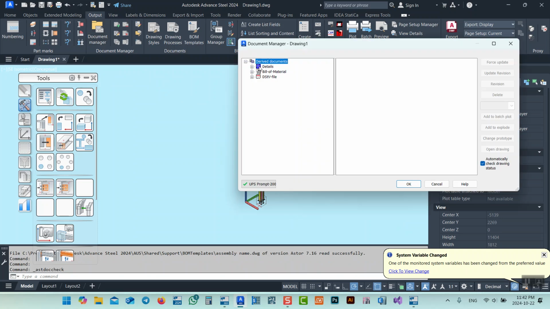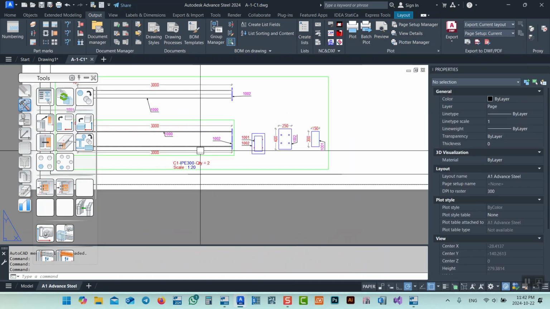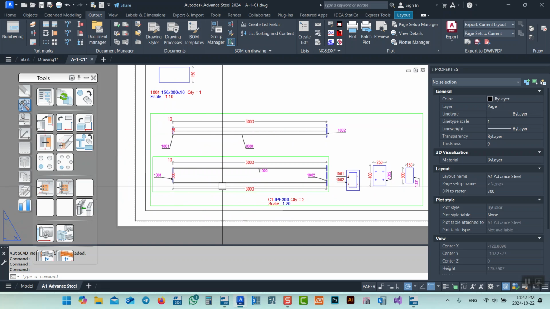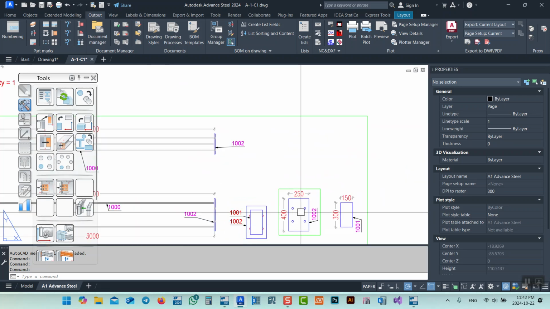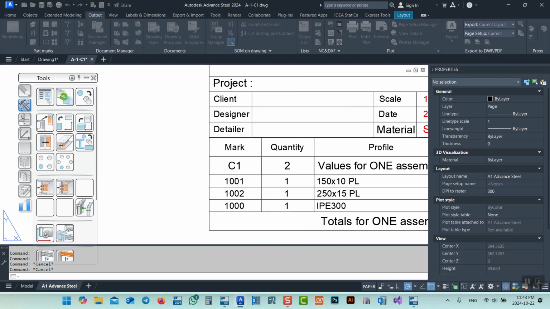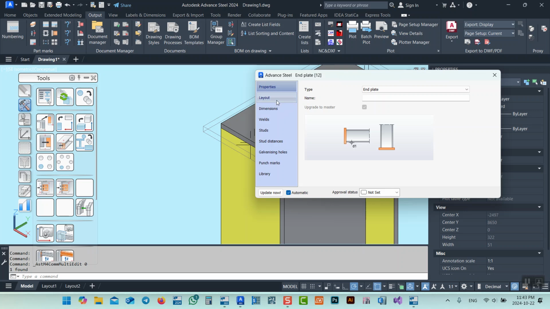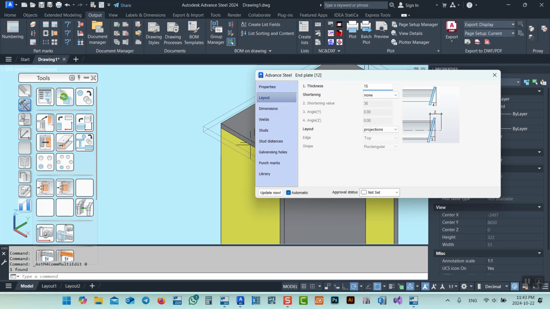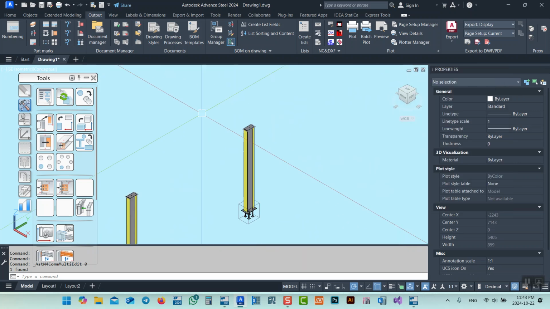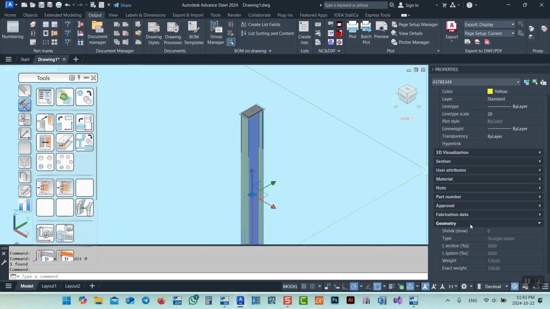After that I will open the C1 drawing. As you see, just like before, it gave me all these things, and the number of C1 is 2 pieces. That's great. But now if I change this cap from 10 millimeter to 50 millimeter, just like we did before, look, if we click here, you see now the part number